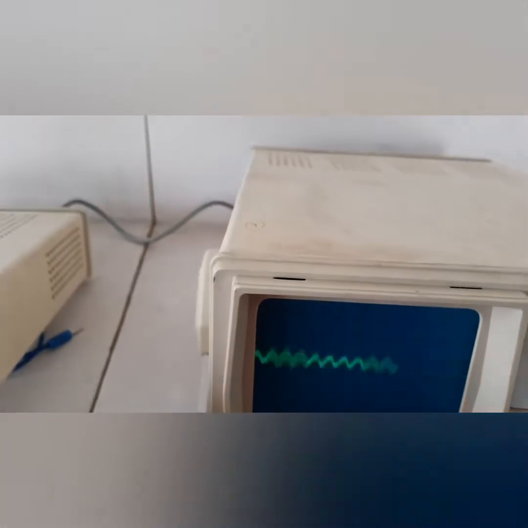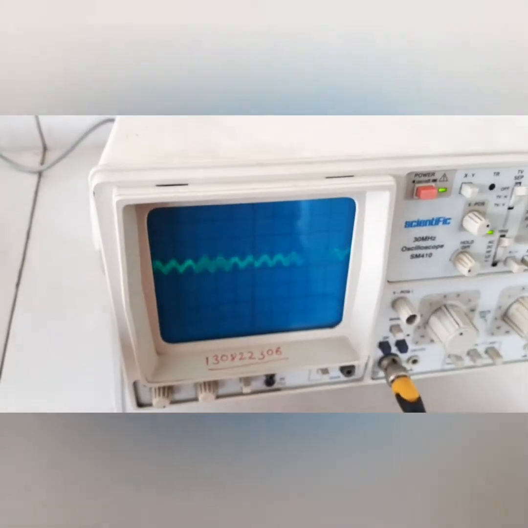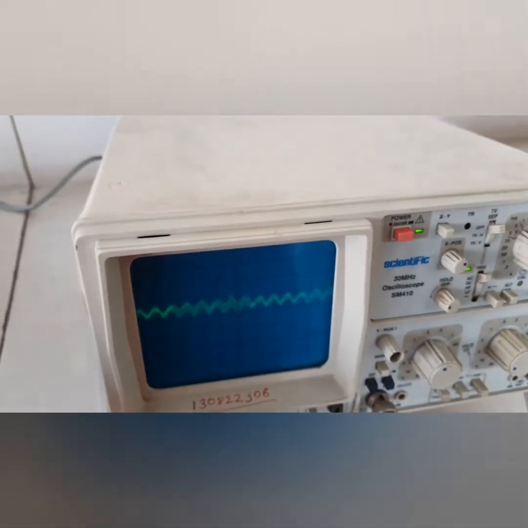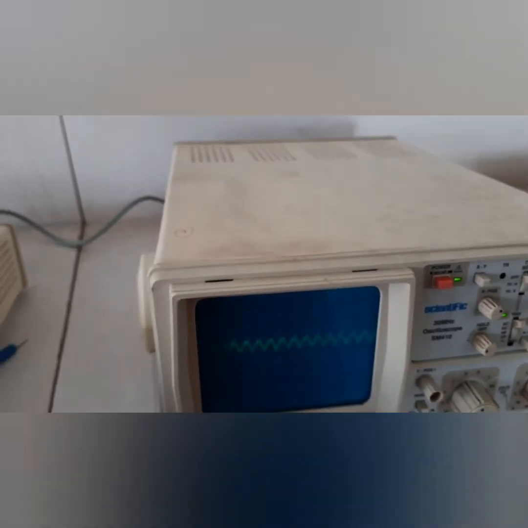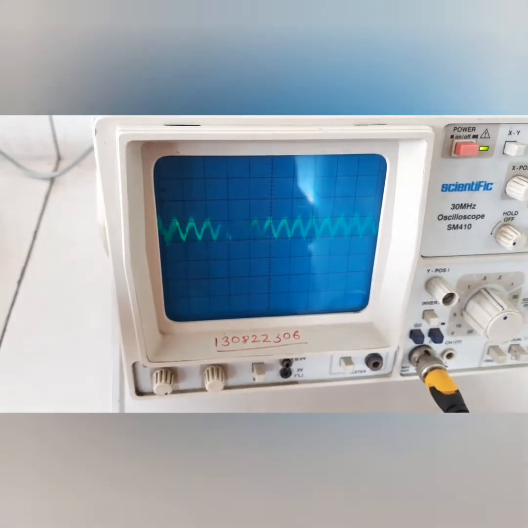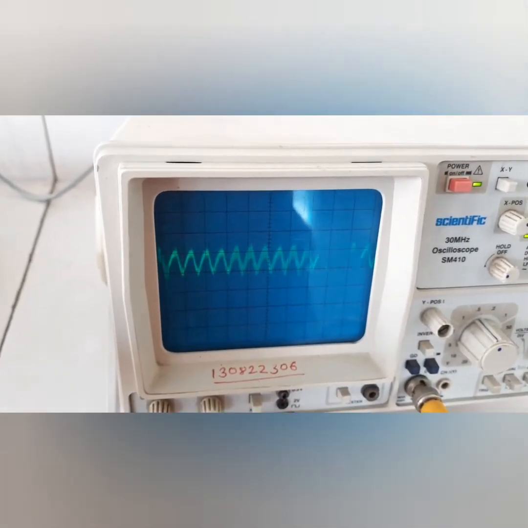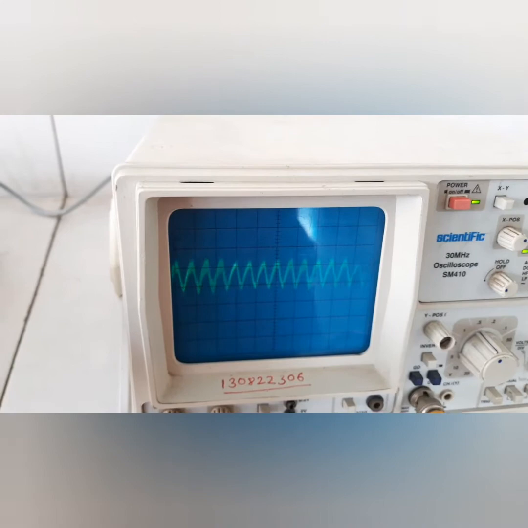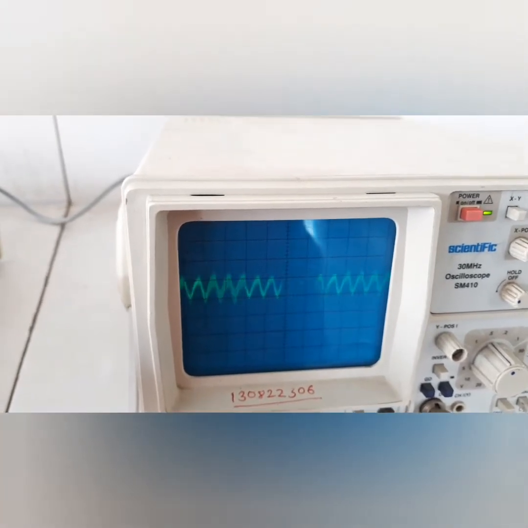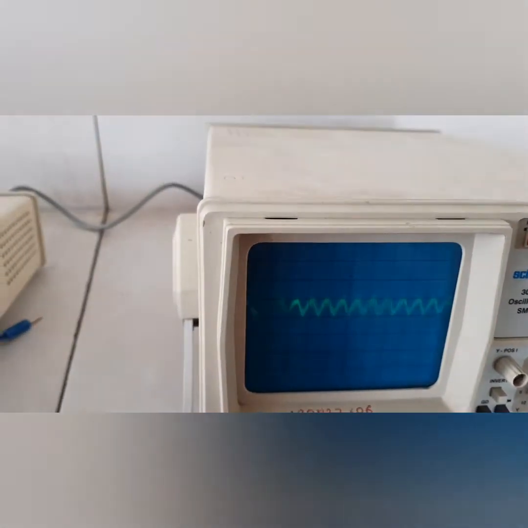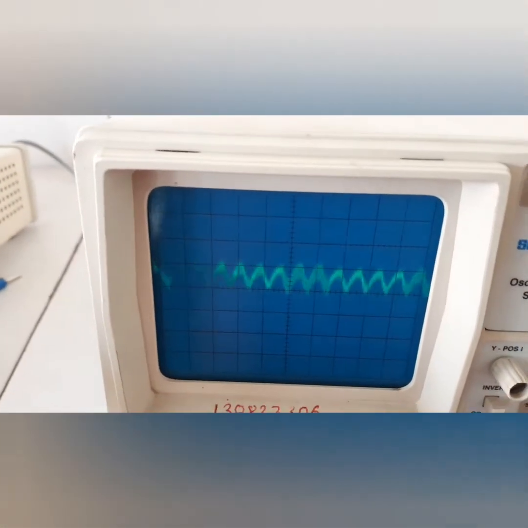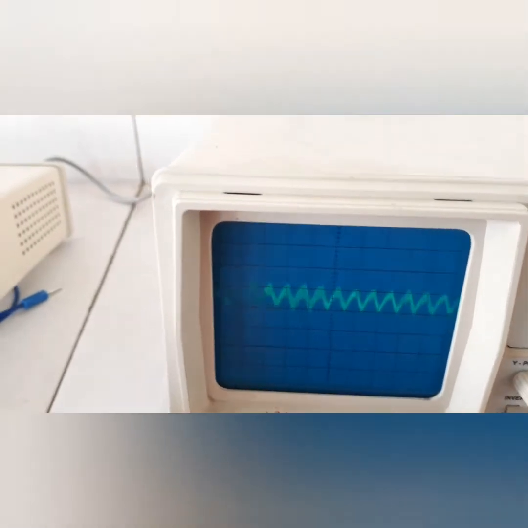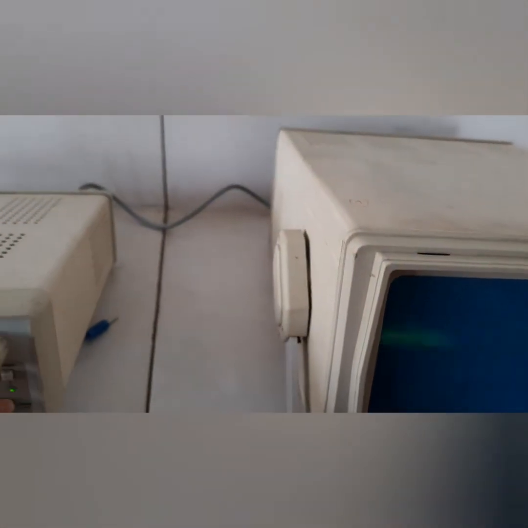As we vary the frequency, we will be seeing the change in the output. See, the output is changing. You can see there is an amplification. At a particular frequency, it will go on changing.